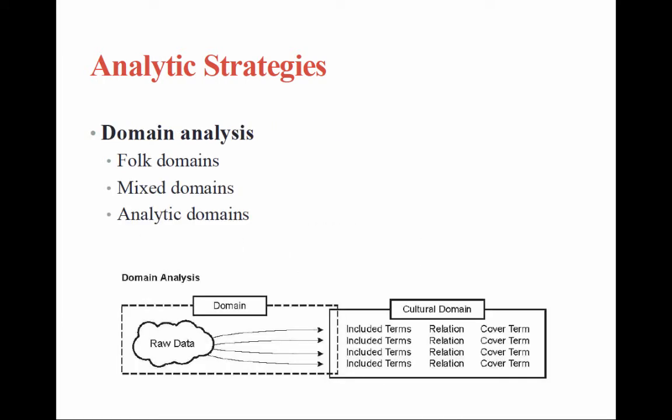Okay, so a fourth type of way of thinking of an analytic strategy would be with domain analysis. And what we're doing here is we're trying to understand the structure, get a description of the cultural domain. So then the question is, obviously, what is a cultural domain, right? And so here, we're taking the raw data, and we're leading that to a cultural